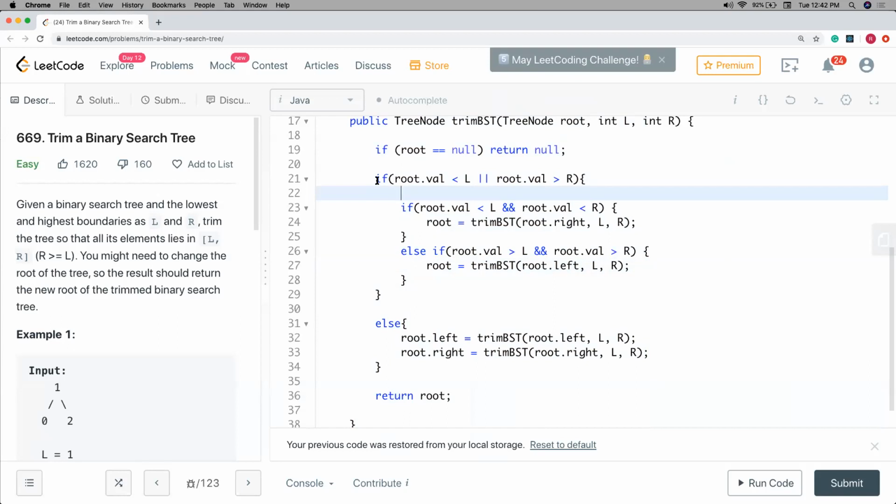If root value is greater than right, then I have to return trimBST of root left, as root left equals, likewise what he has written. Instead of on line number 23, I have written just... can I share my screen? Yeah, sure. Let him finish. Anyways, I think everyone is clear on the approach, so let her share the screen.